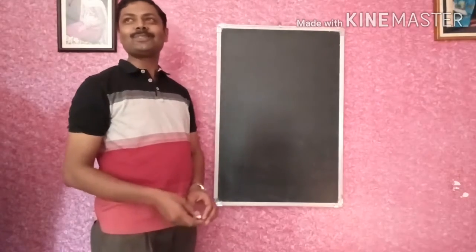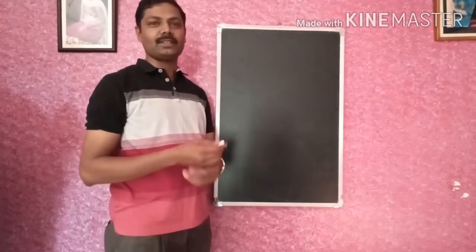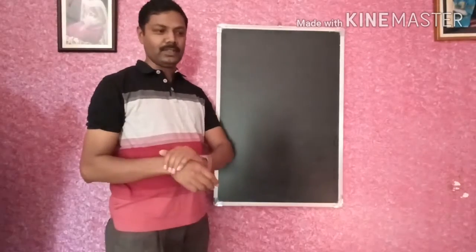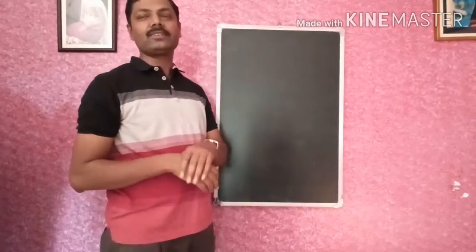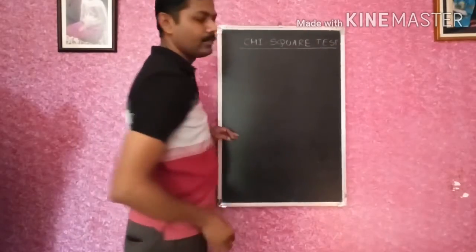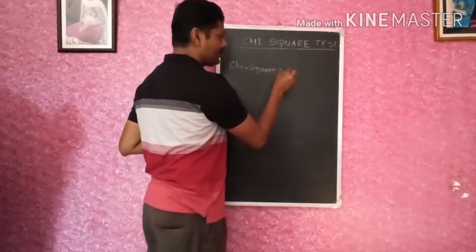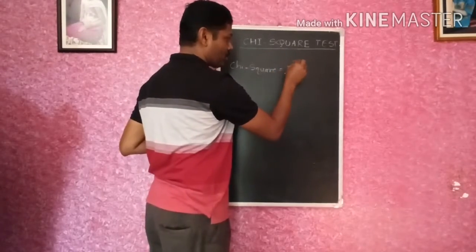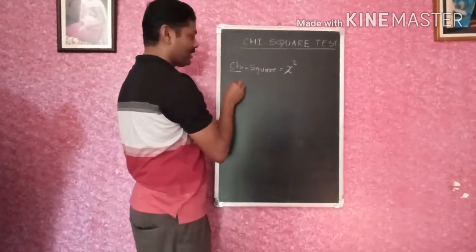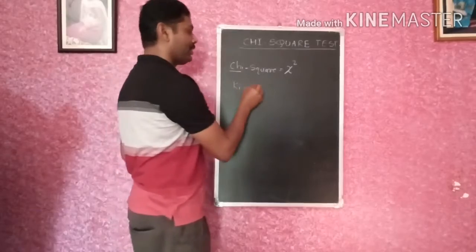Students, we are going to see the chi-square test today. It is one of the important tests in research methodology, basically used in social research. It is an important test among the tests developed by statisticians. It is symbolically written as chi-square, CHI, pronounced "KI". Chi-square test.